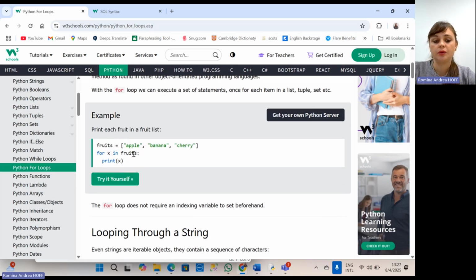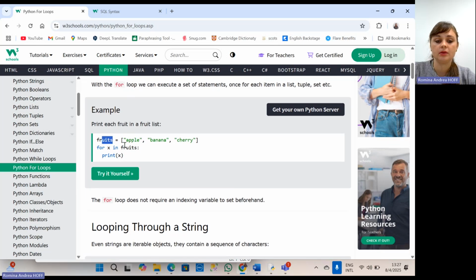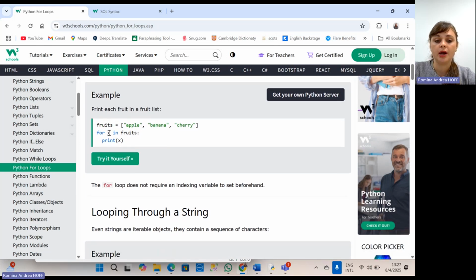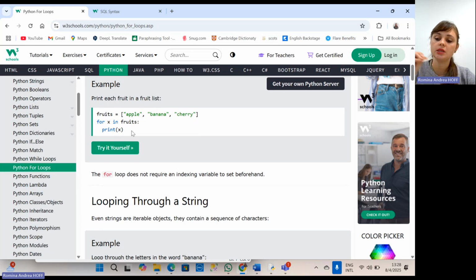I can use, for example, for x in fruits. Here we have one vector with different fruits, and here I can run a for cycle where I will search the different elements of the vector or